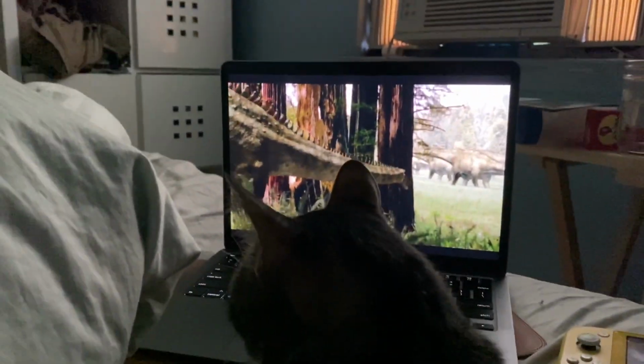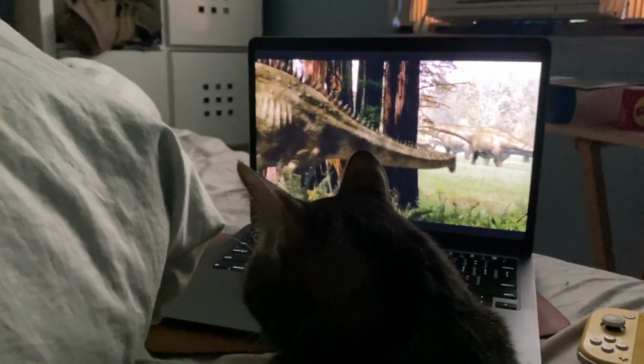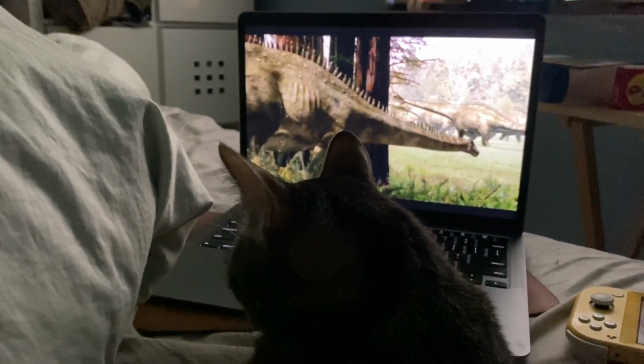Dinosaurs called the sauropods dominate this period in Earth's history. They are the largest animals